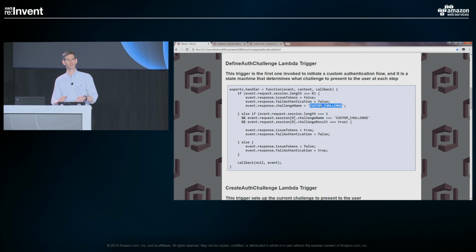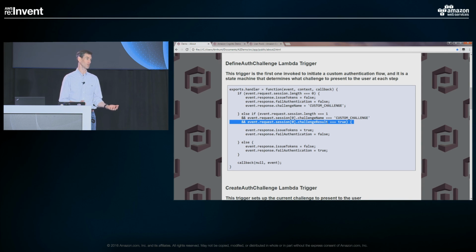Once you go through this state machine, it's going to create the challenge with a create auth challenge. It's going to verify the challenge. And then it's going to come back and say, OK, now what do you want to do next? And that's what happens in this next block. This is session length 1, so this is when it comes back after it goes through the first round. And it's going to essentially, at this point, just do one important thing, which is say, did you get the right response? Because in this case, I really just have one round.